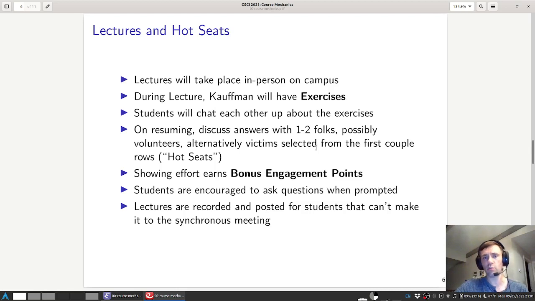I'll talk to 1 to 2 folks, possibly volunteers. Alternatively, I'll select victims from the first couple rows, which I'll refer to as the hot seats, and generally I'll favor a few folks in the hot seats to start out with for that stuff. If you don't want to be bothered, then sit near the back and don't raise your hand. It doesn't mean I don't think you're interested. It just means you don't want to have a real-time conversation during class. But it's good practice to think on your feet and at least offer answers, to try to give it your